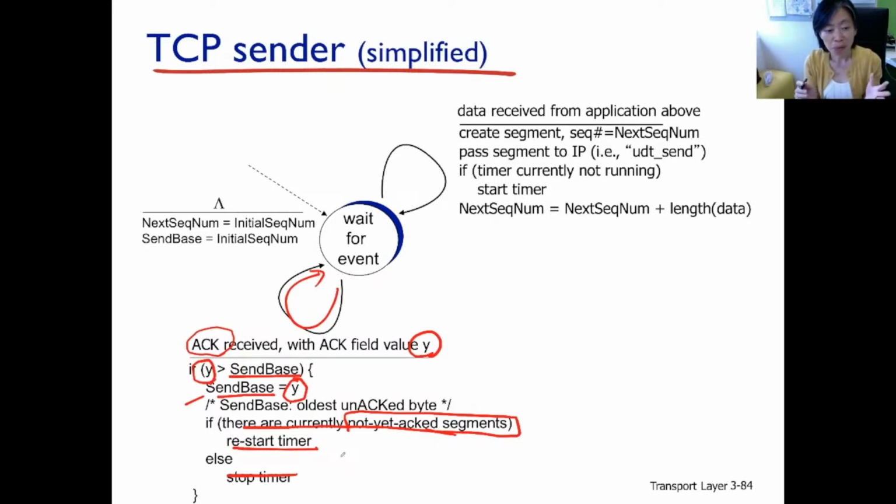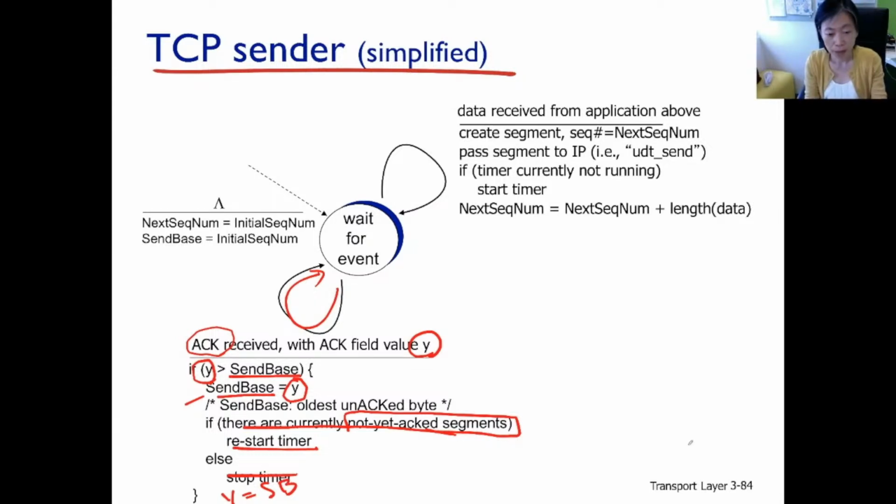Right? So, looking very simple. That is also saying when y equals the send base, we do what? Nothing. So if a duplicate ACK is received at the TCP sender, the timer does not get restarted, unlike in Go-Back-N, where even though the sequence number is the same, the timer gets restarted, refreshed.